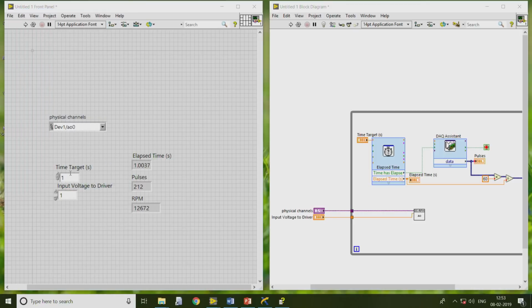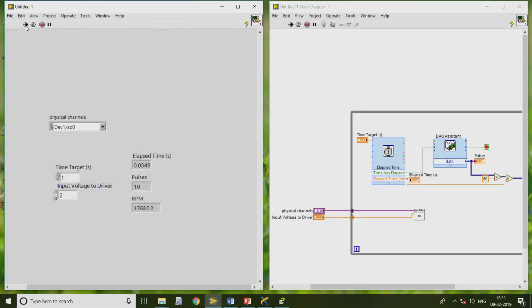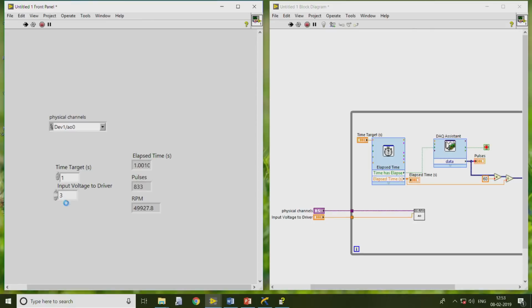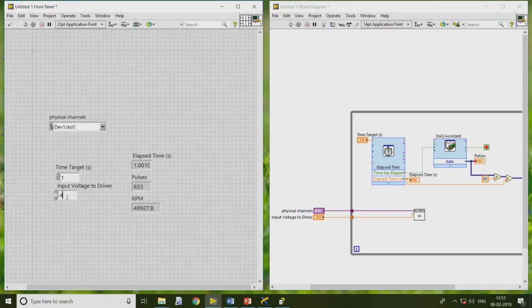Let me change the input voltage to 2, 3, 4, and 5. Yeah, makes sense.